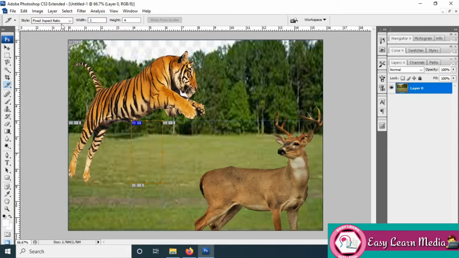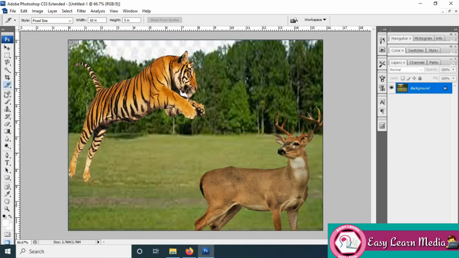So we have a 2 into 4 option, and finally we have a fixed size, so we can give the pixel size. I'm just having a bigger one, so it's out of the area. I'm just reducing the height and width for the fixed size. Now I have a fixed size with the blue tag.